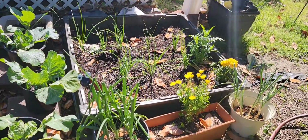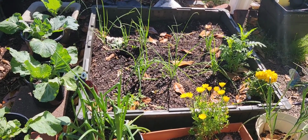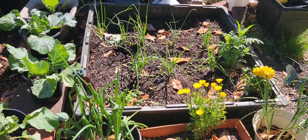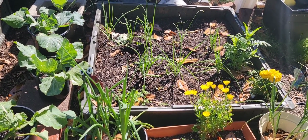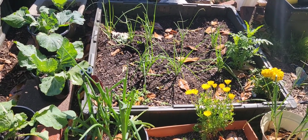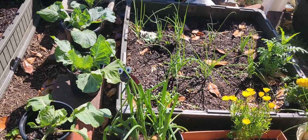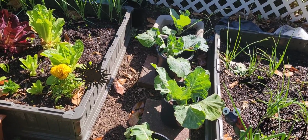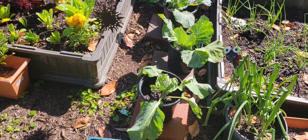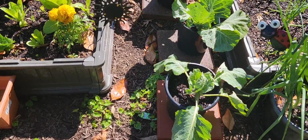So the first thing we got over here in this container, I have some scallions, which are doing really good. I had cabbage in here, but those cabbages were getting so big that they were taking over the scallions. They were covering them up. So what I did was I moved them into these pots, and actually they're doing a whole lot better because I was having